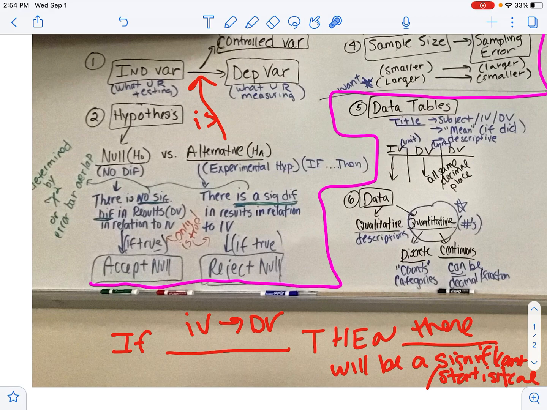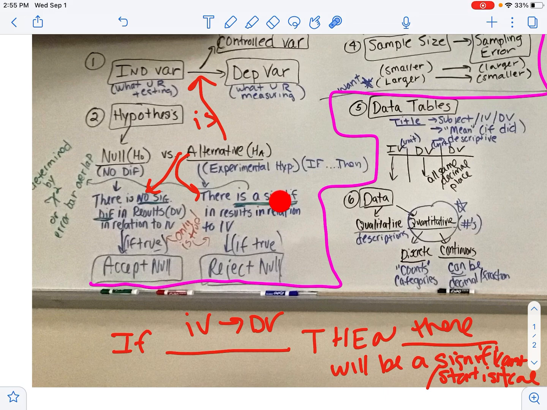The alternative hypothesis is really kind of the same thing, but it's not written as an if-then. So the alternative hypothesis might be stated like that, and the null would be stated like that. If we're doing a test, like we're going to do a test called the chi-square. See this little x squared? It's like a Greek letter. A chi-square is a statistical test that we will do that will determine if there is